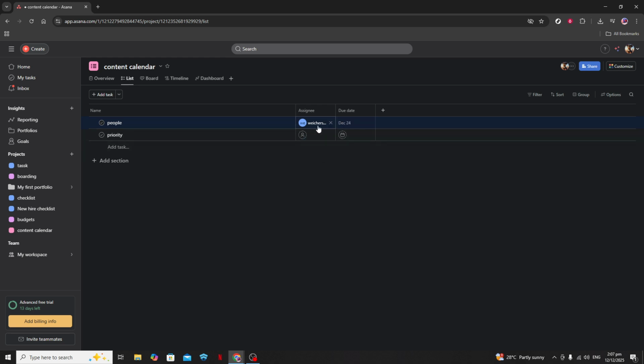And there you have it, a comprehensive content calendar in Asana. By keeping it up to date and regularly reviewing it, you can ensure a streamlined and efficient content creation process. With everything organized in one place, you'll find it much easier to manage your content strategy, plan ahead, and focus